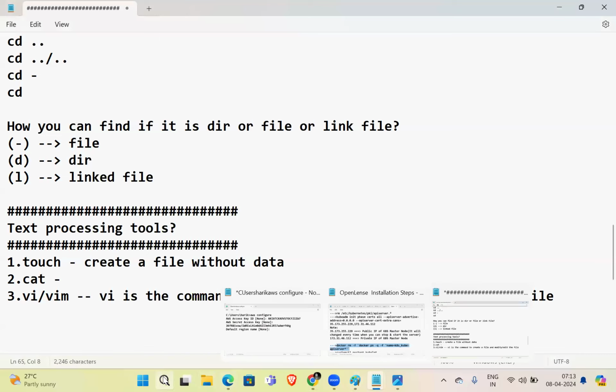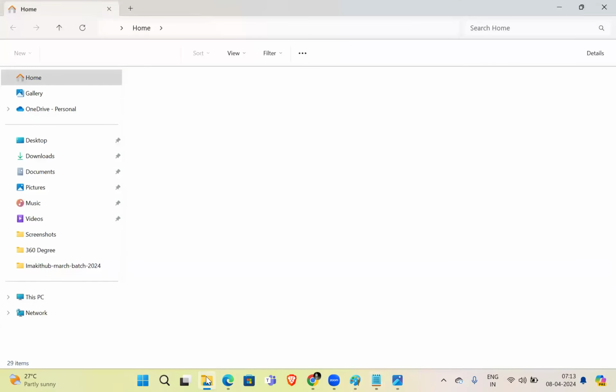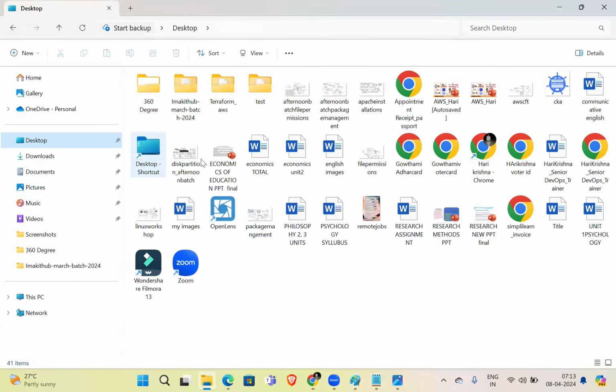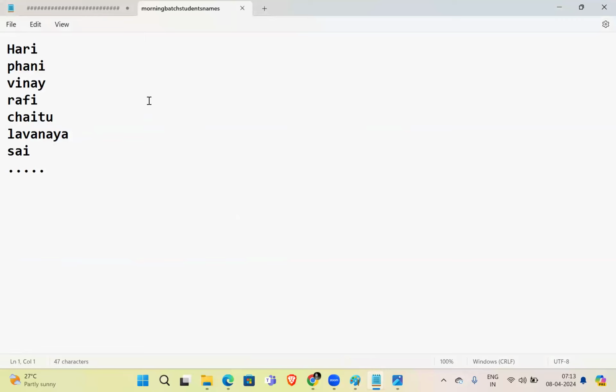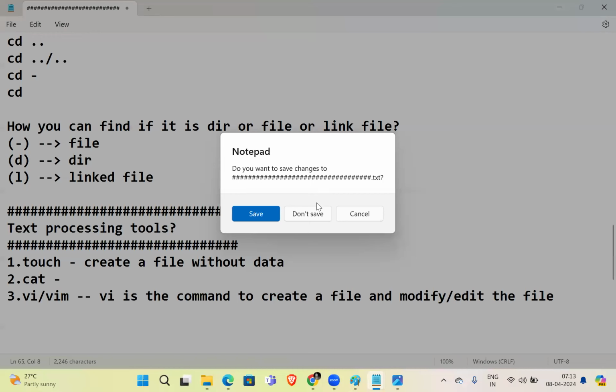I want to read the file. How can I read it, guys? So go to the desktop and open it. This is the morning batch. Just open it. So I'm reading Hari, Funny, Vinay, Rafi. Right. So how can you read the